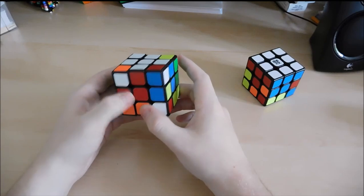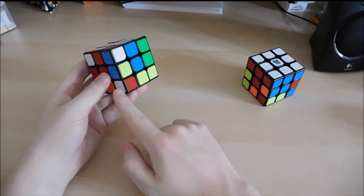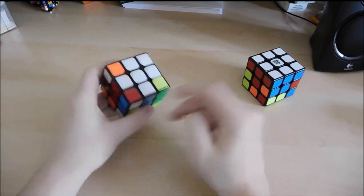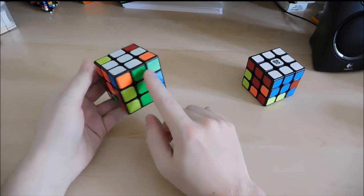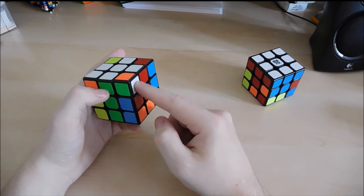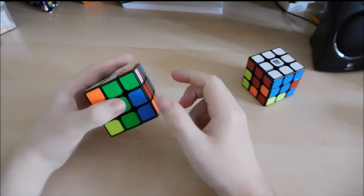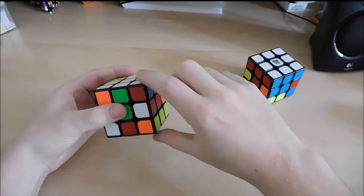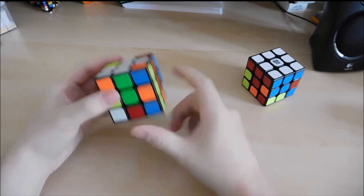When you solve the corners, they can be at a lot of different locations. They could be here, here, here, here, or here. And they could even be at a completely different side. So for example, the green orange one has to go here, but it currently is already in a corner position. So we first need to move it out, which we can do very easily. We just move the right layer down, move this one out of the way, and then put the right one back again, so we don't destroy this already solved corner. So now it's here,